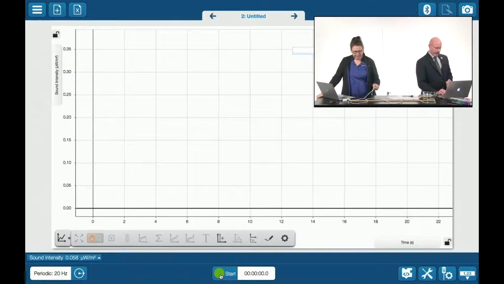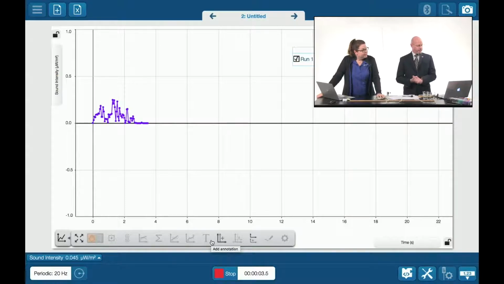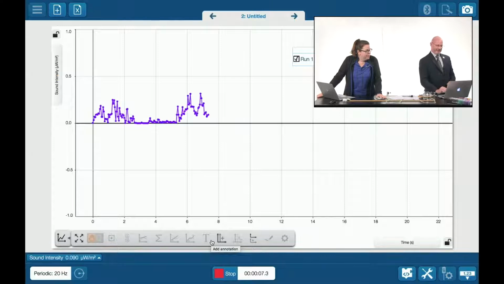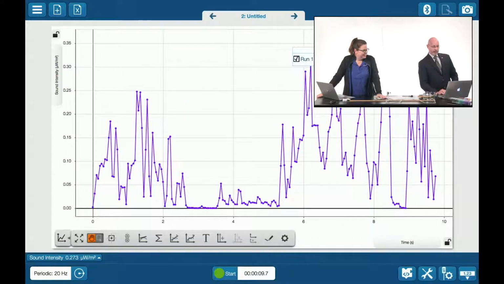Download SparkView. You can work within SparkView, but I want to take a look at what it is I'm recording here. Again, that sound intensity, and as I measure it, you can see... go ahead Heidi, talk for me. Testing, testing, 1, 2, 3, 4. Oh, come on, now you're being quiet. Hello. Right? There we go. So we can take a look at Heidi there.